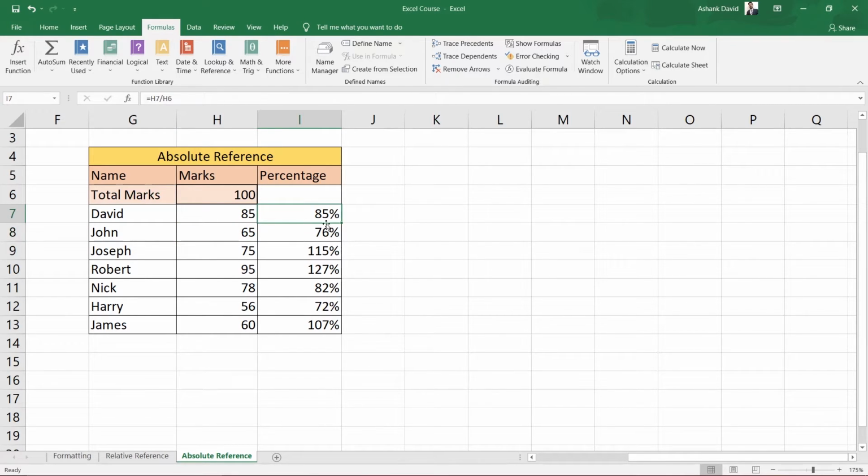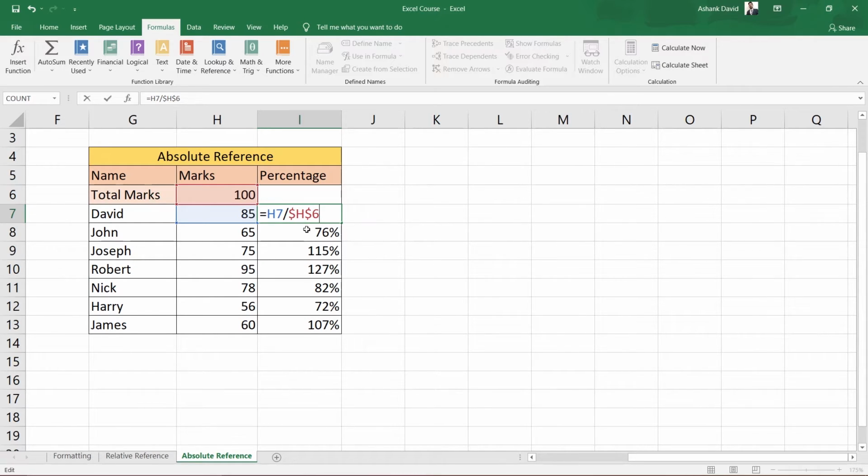What we can do is, if I double click onto the first formula here, we want to fix the value of H6. We don't want H6 to change anywhere in the rest of the formulas. After writing H6, if I press F4 on my keyboard, you can see it changes to $H$6. Now this means this H6 cell will be fixed.